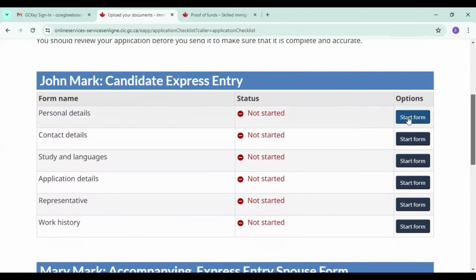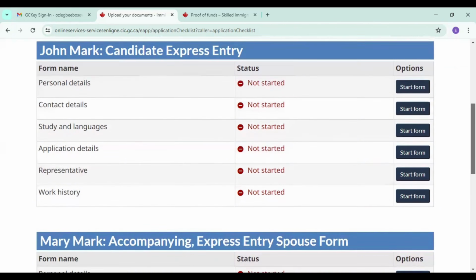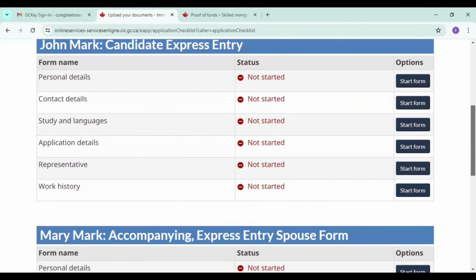So the first one, you can start with any section. You can start from any one of them, all right? You can start from any one here. So assuming I'm going to start with these representatives,